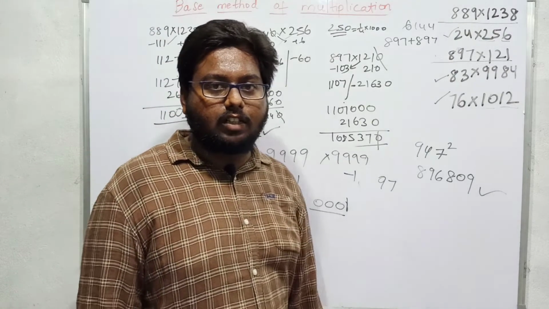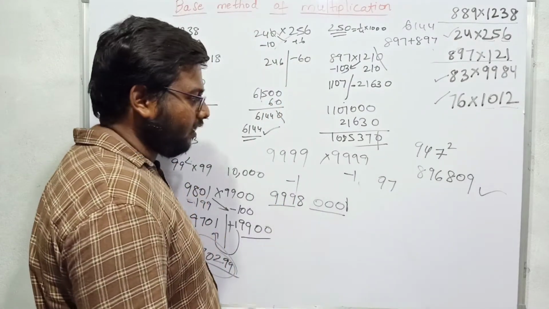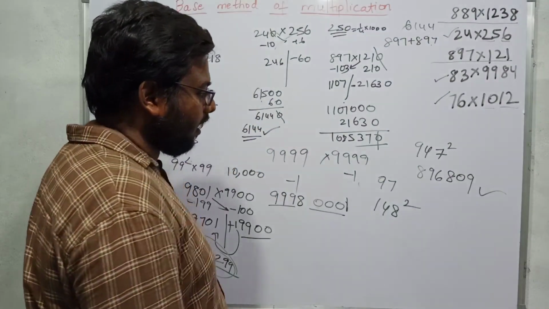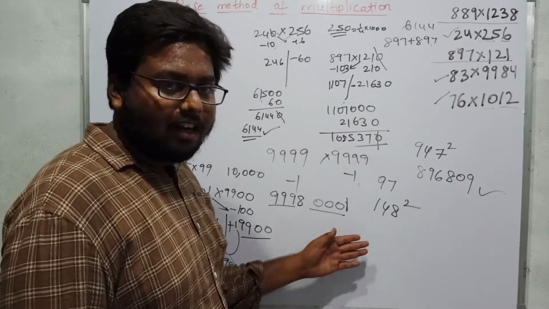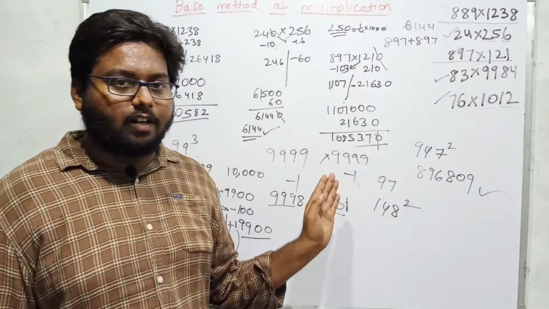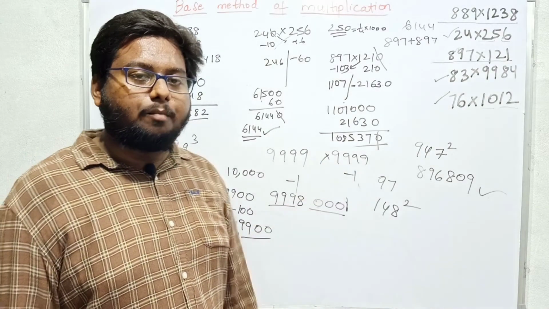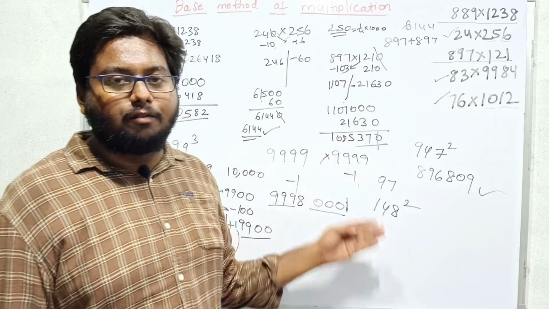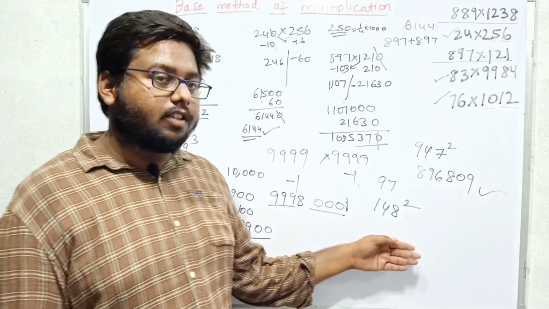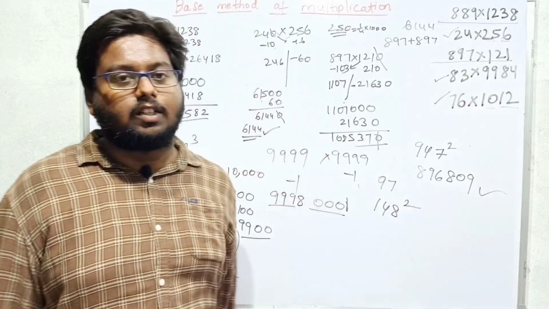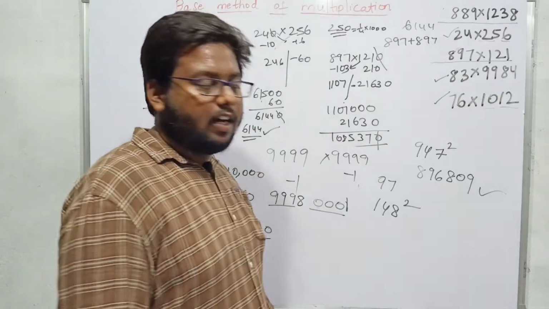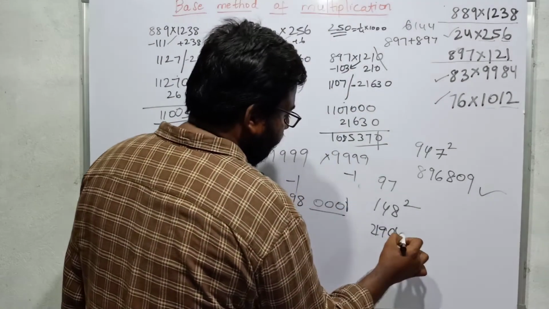You can calculate this without touching the pen, and you can calculate 9987 like that also. And for many classes I have been saying how to calculate 48 square, I am writing 48 square directly, and you can calculate in mind also. I want to calculate this on base 100. 148 is 48 gap, so I will add 48 to 148, so I will get 196 slash 48 square, 2304. I am calculating this on base 100, so I need to keep only the last 2 digits, that means 04, and 23 should be added to 196, then I will get 21904. This is the square for it.